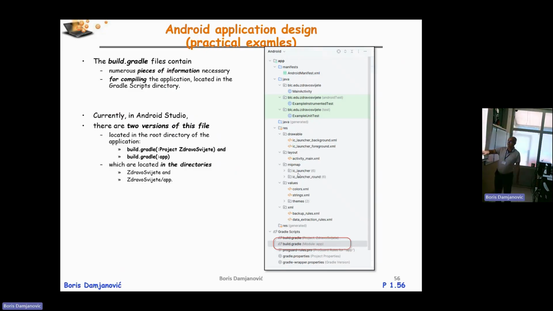Now, build Gradle. There is a couple of build Gradle files here. Gradle is like Maven. That was two concepts that are competing for the market. Maven and Gradle will go to internet and download all the libraries that your application needs to use. Okay. So we here in the Android, in Java world, in Spring Boot world, we don't use pre-installed all libraries